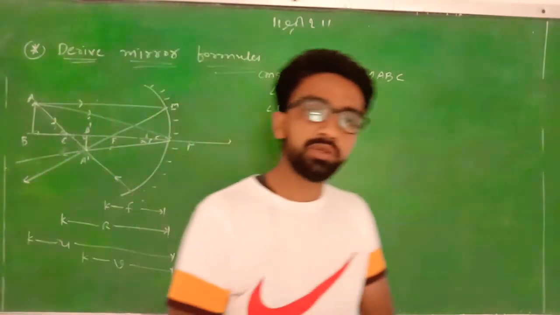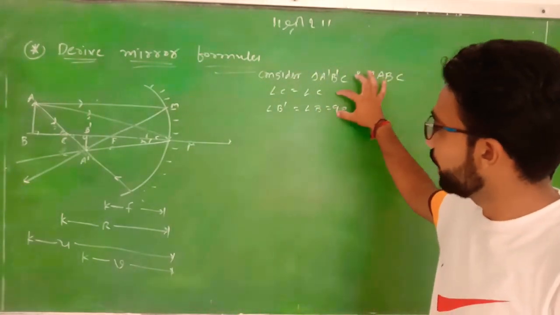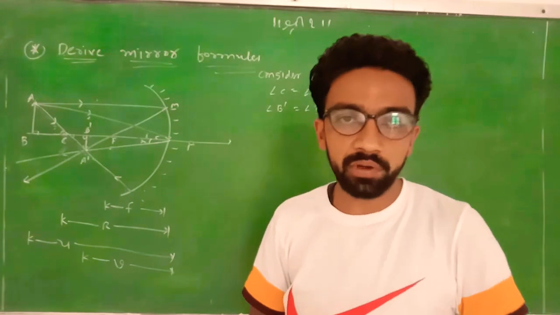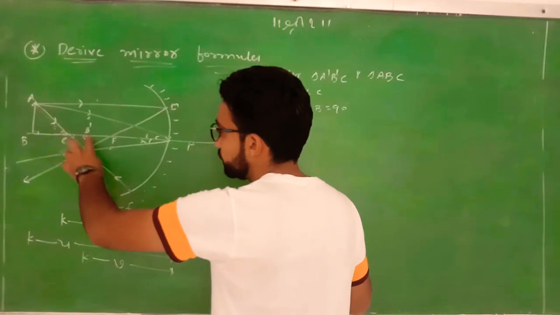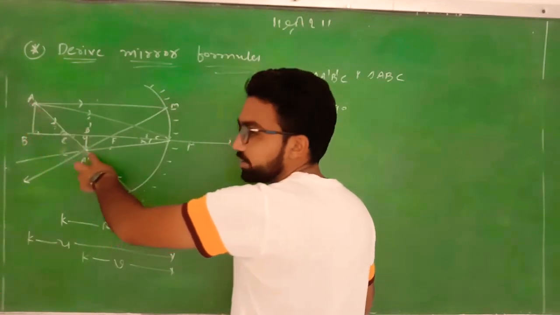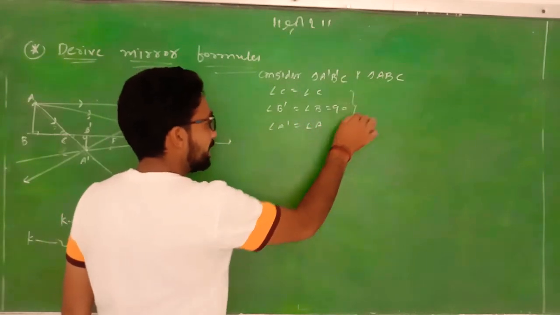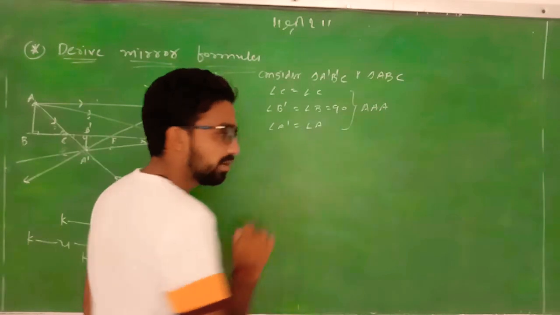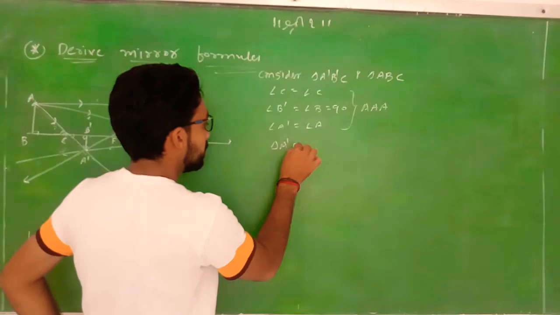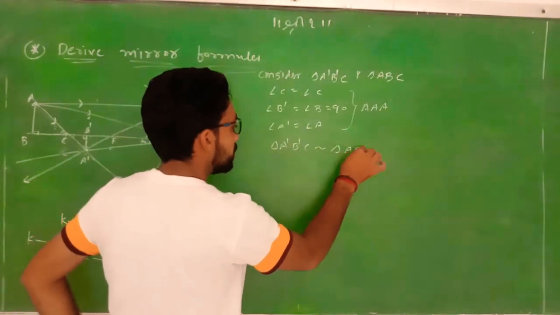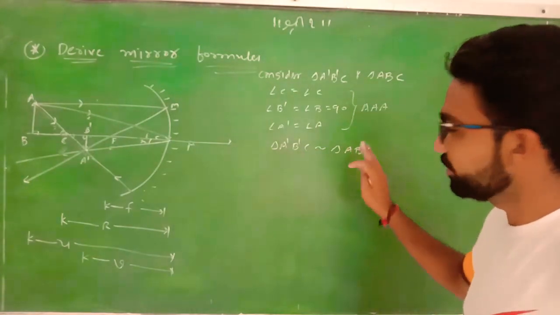We know that the summation of three angles of a triangle is 180. If two angles are equal to each other, the third one is automatically equal because the sum is always 180. So you can see angle C is common, B' and B are equal, so A and A' are equal. So the criterion is triple A, these three angles are equal. Because of that, these two triangles are similar to each other. Triangle A'B'C is similar to triangle ABC. If these two triangles are similar, their respective side ratios are equivalent.